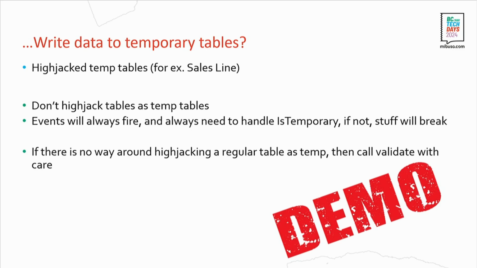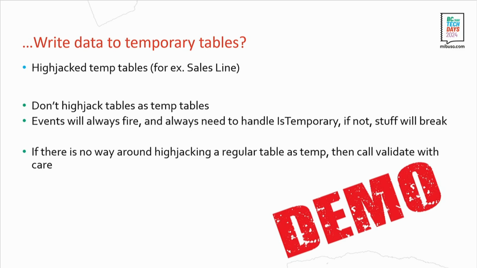These are tables, for example, a sales line, which are not meant to be used as a temporary table. I know there are many examples in the base app as well where this happens all the time, because there was no other way. We got the table type temporary, I would need to look it up, but it wasn't too long ago. And up until then, we just had regular tables and we could use them as temporary tables. So there was not that distinction. That wasn't even possible.